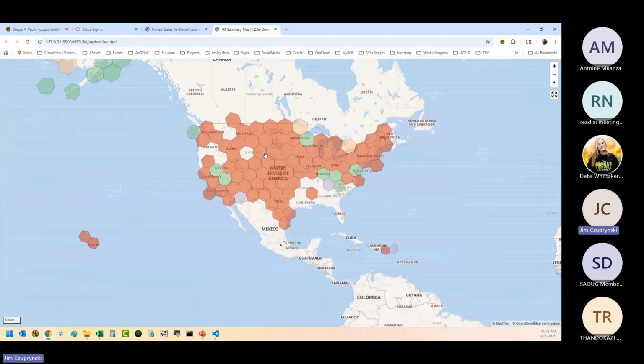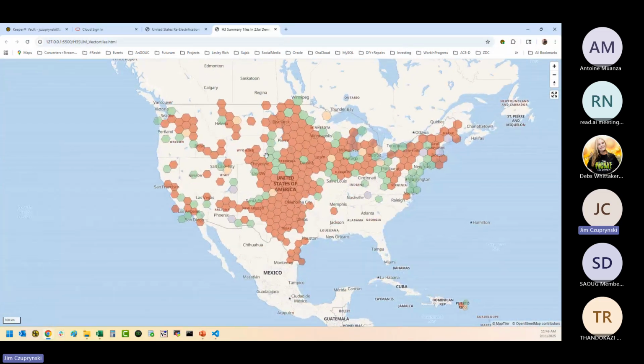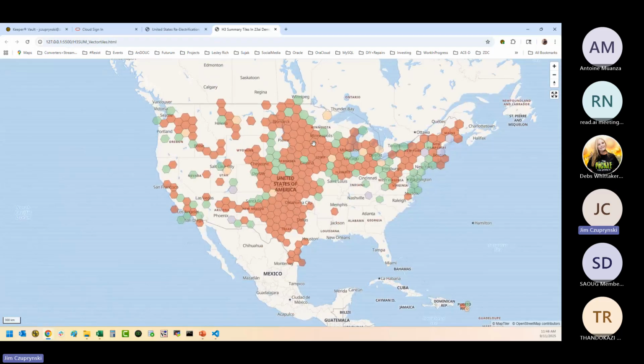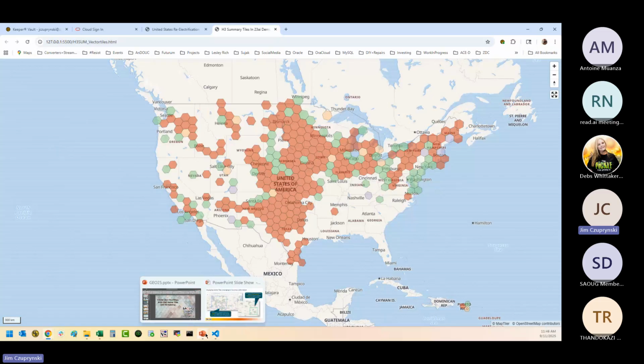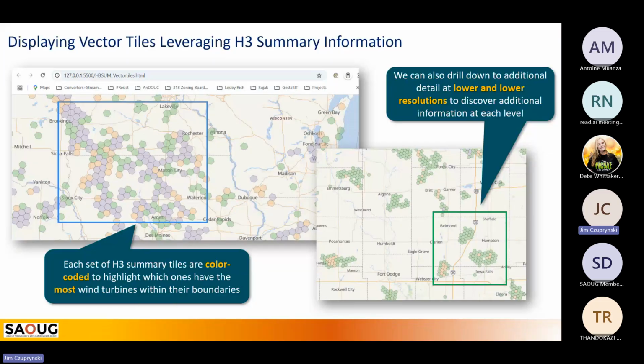And as we zoom in, we can start to see where most of the wind turbines are. And as I said, they're concentrated mainly in the center of the country. But there's a bunch of stuff out here too. And I think we even had a couple that were offshore as we zoom in here as well. So again, H3 is about concentrations, right? And again, do you have to color code these? Not necessarily, right? You could do some other types of things.